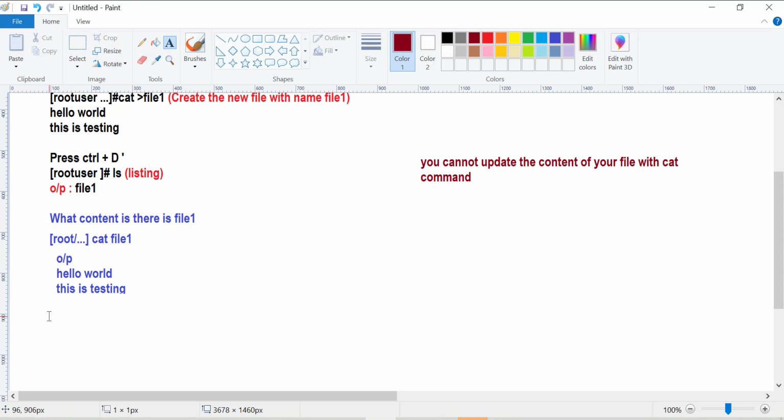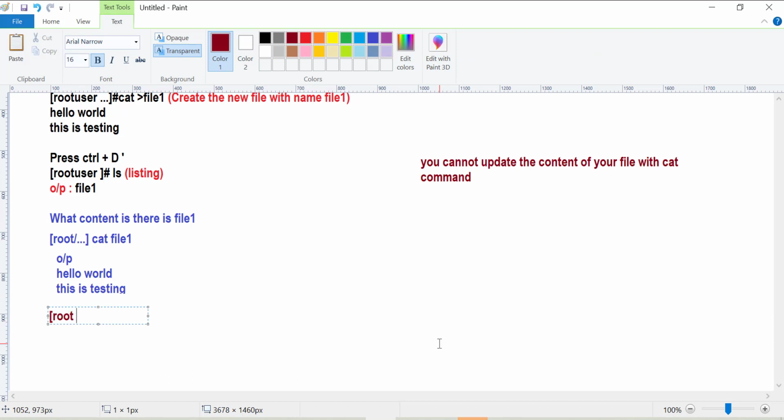Let's say you want to write some content. What you want is to add, let's say, hello world, this is testing, I am Akshat Gupta. In that particular case I would be using cat, and then this sign, and you need to ensure that wherever you put the sign, there is a space between your sign and the command.